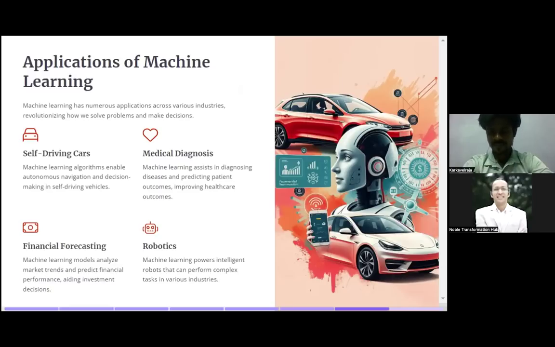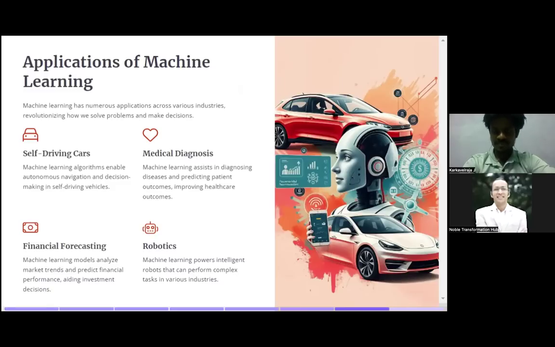If you have these things with you, data. Okay. Now, the applications are in various fields. Here are some examples. Self-driving cars: we use machine learning, also deep learning and computer vision, for autonomous navigation, decision making, and self-driving vehicles. There's the example of Tesla, and different companies are coming up with self-driving cars. Google is doing a lot of research on self-driving cars, and other companies also.